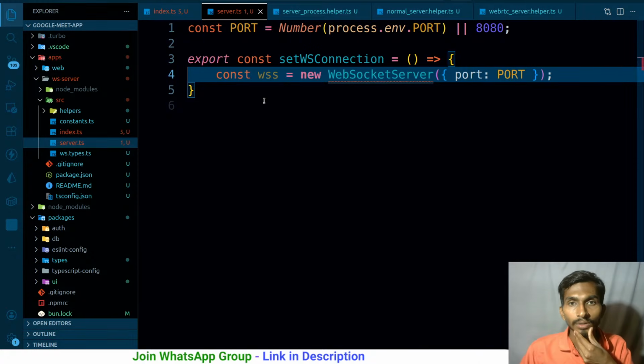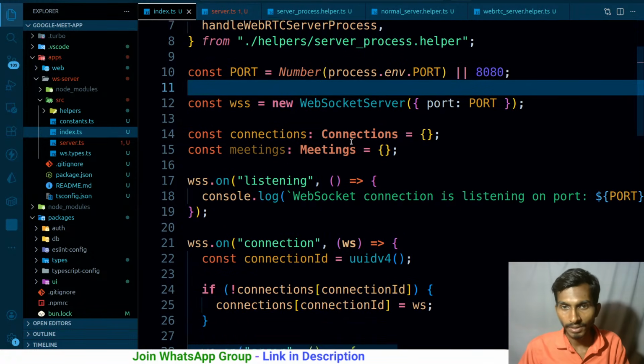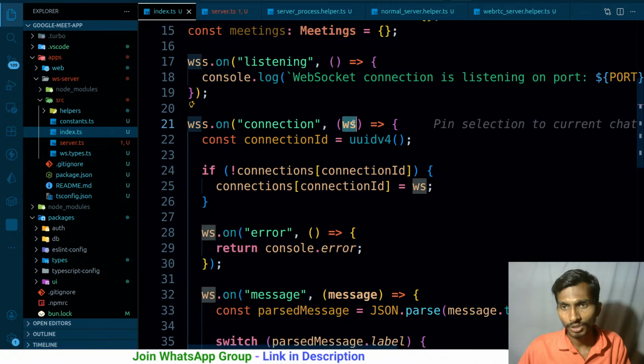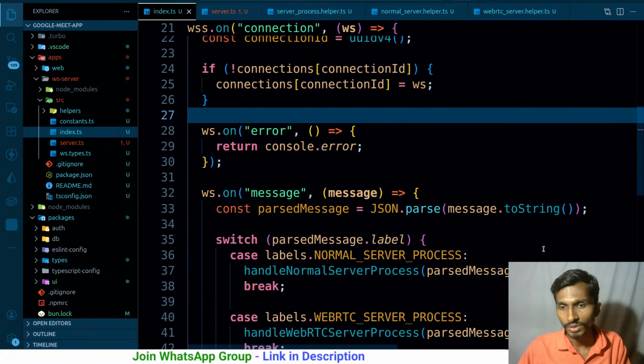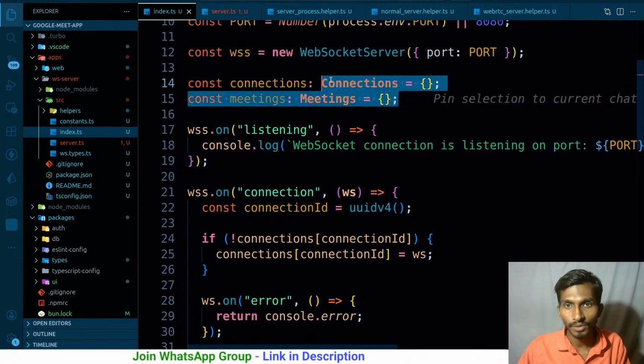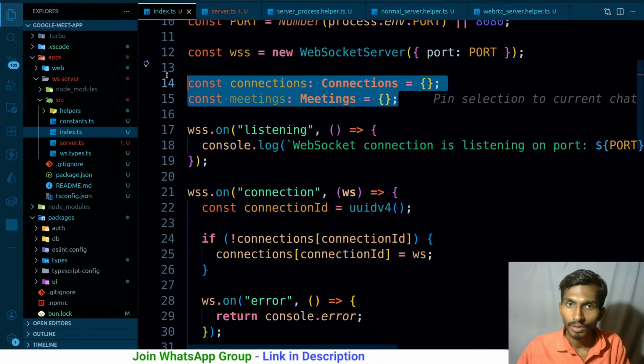But I need to have the connections of the users. So coming back to this particular section, I had it like this. It got connected. These meetings and connections, if I have them somewhere else, ultimately save. That simply means I can use this. Yeah, I can. But apart from this, I still need to just export this WebSocket, right? So I need to send this WebSocket here anyhow. And as for these connections and all, I need to save them somewhere else. So that's okay. When it comes to connections, when it comes to meetings,